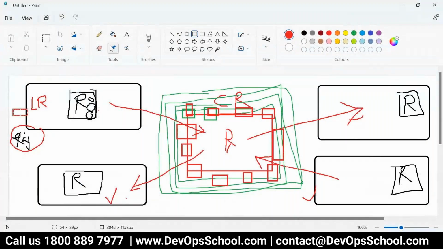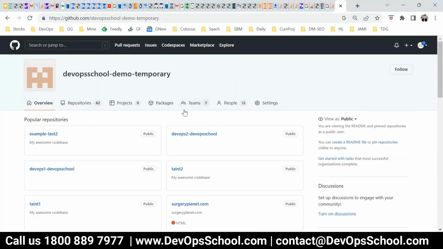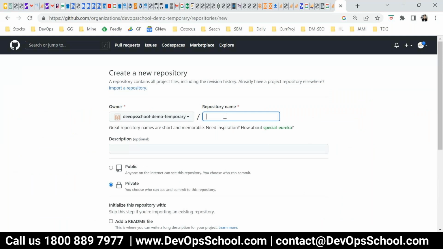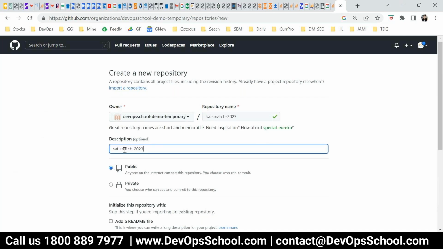I want to create one more repository on GitHub. Click on repository, create repository. Today is Saturday, right? Saturday, March 2023. Public means anyone can see, only you can modify.